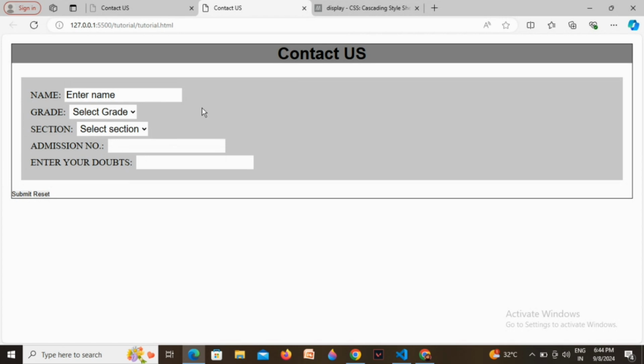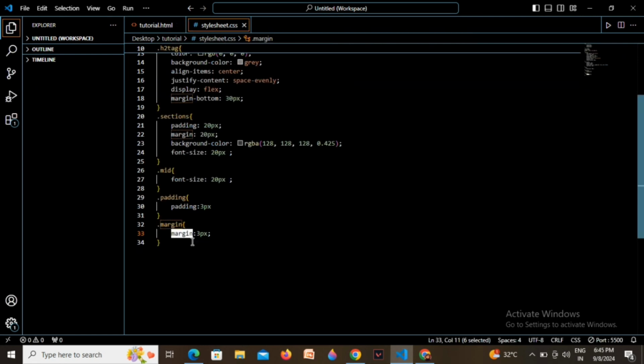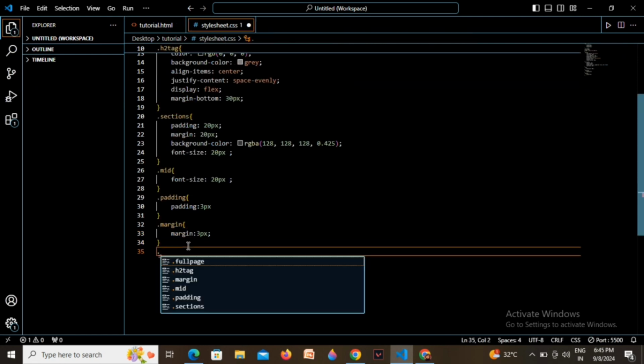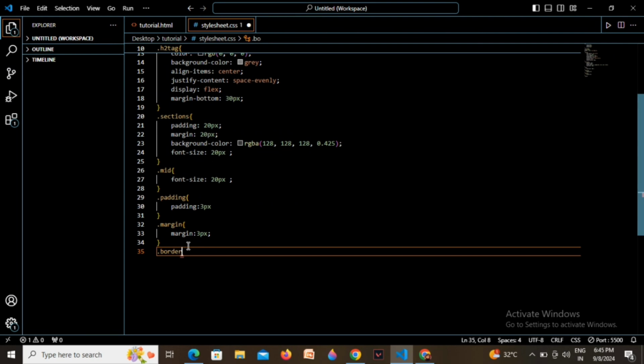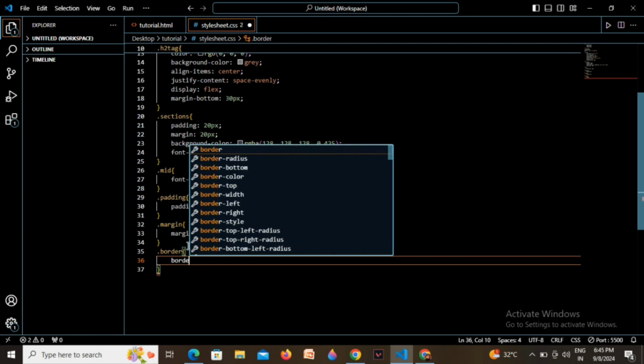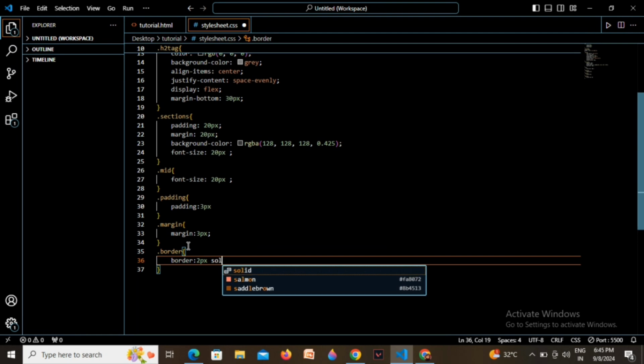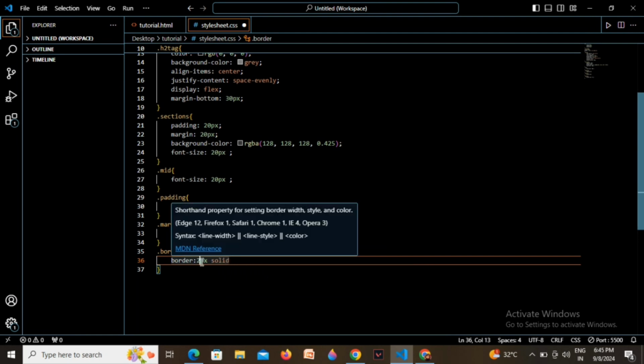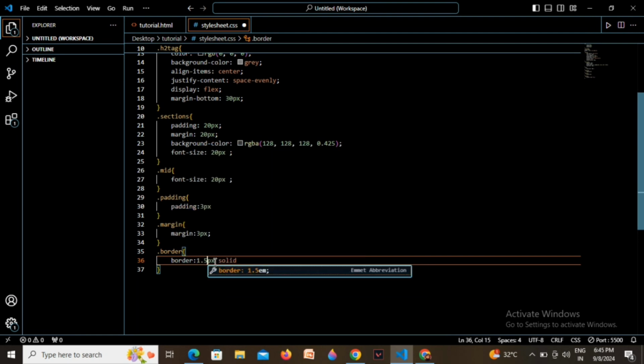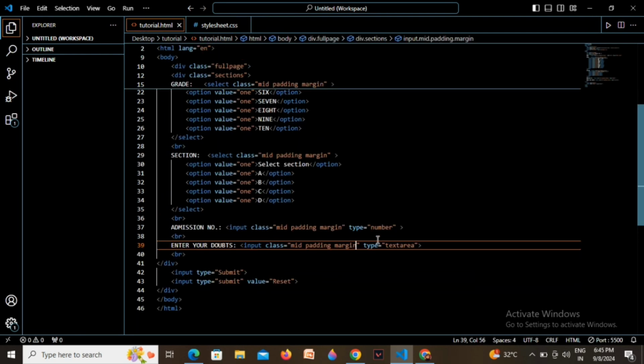Now, if you want to add some more styling, what you can do in this part is create a black border around these boxes. So we're going to use the same trick again, and over here we're going to create an element of dot border, which will have a border 2 pixels solid. I guess 1 pixel would be fine, or 1.5 pixel solid gray. Let's save it. Add entire border in these sections.